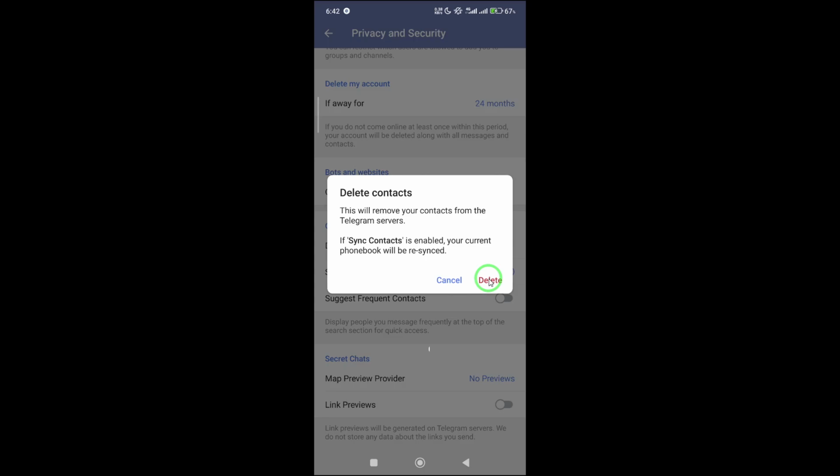Taking a few minutes to manage these settings can help you maintain better control over your privacy and your personal